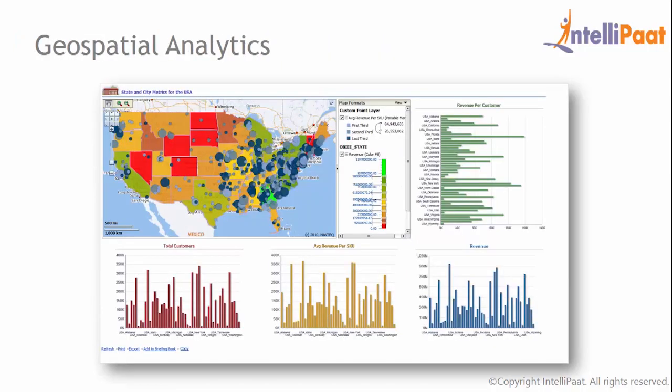Next component is Geospatial Analytics. Business users now have access to mapping capabilities powered by Mapbox. With worldwide base maps and street-level views, users can simply drag data items directly to their map and begin analyzing their data. This mapping software is ready to use with your upgrade and is just the beginning of the mapping